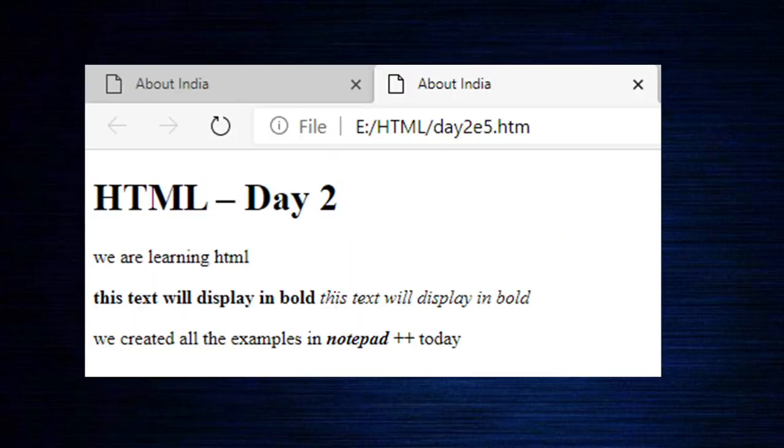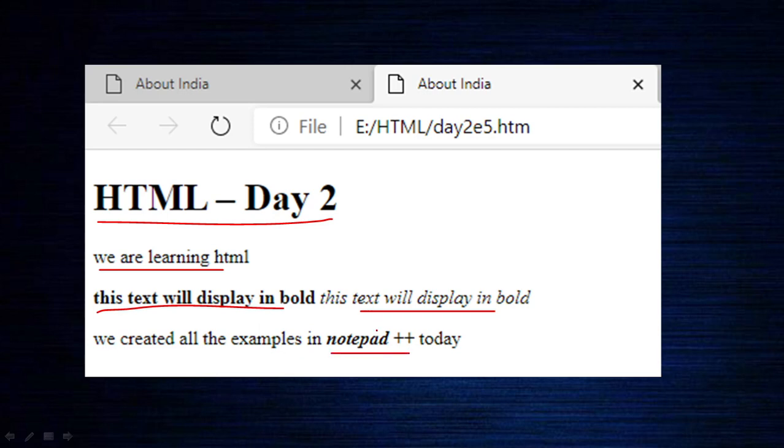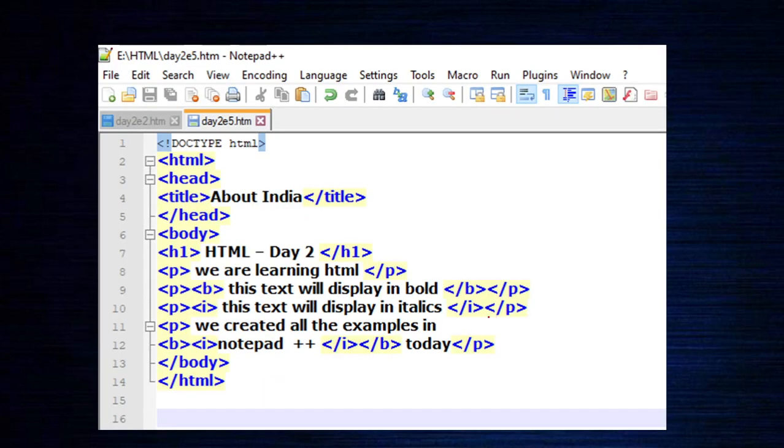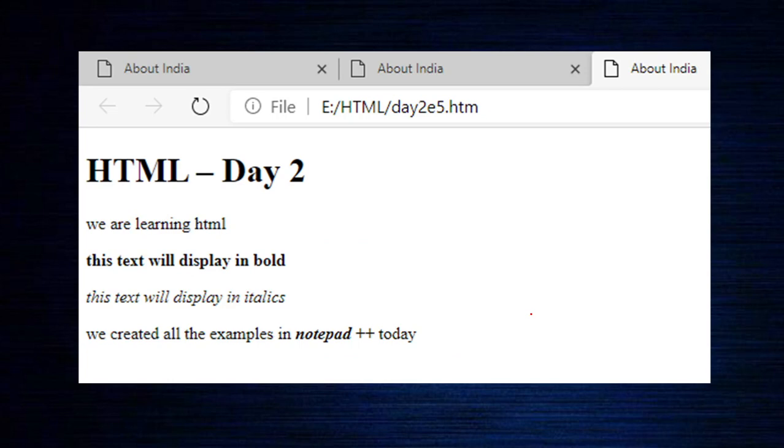So if you execute this, this is how it looks. This is the heading tag, this is the paragraph, this is bold, this is italics, and you can see that Notepad++ is bold as well as italics, right? So now we'll move on. Here you can see italics. Last time I made it bold actually. Now you need to make it italics. Make some changes, and the paragraph has to be closed here, right? When it's closed, you can see that it will go to the next line. The small mistake you made, we rectified it. Therefore it's showing the next line. Previously it was showing the same line.